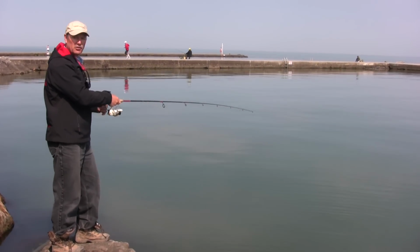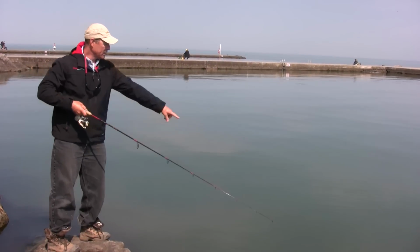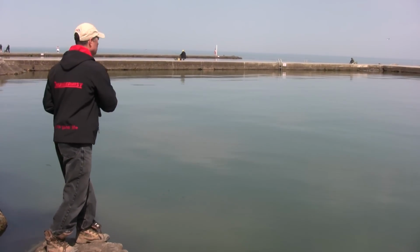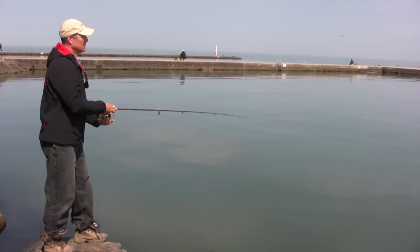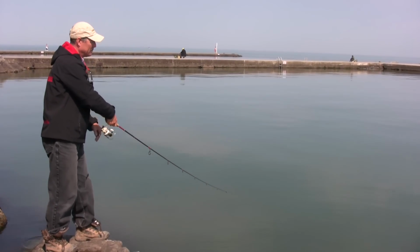And then when you get about the last quarter of the way, just raise your rod tip up, because you don't want to catch any of the rocks and the debris that are here. So very simply, once again, folks, cast it out, rod tip down, start cranking, crank, and then at about halfway down,